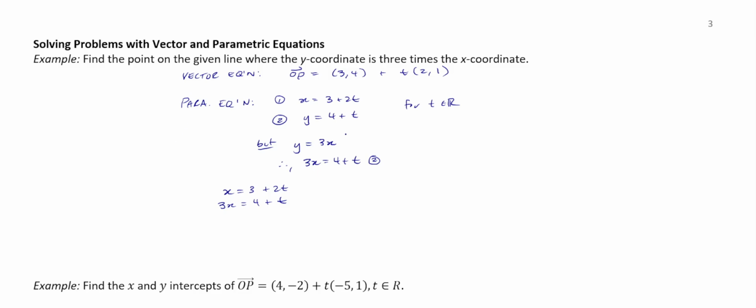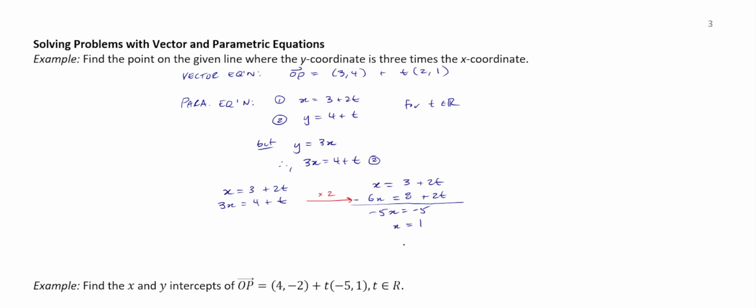What I'm going to do here is use the elimination method, if only because this is something that you might experience later if you do linear algebra, in the context of matrices. So x is equal to 3 plus 2t, and I'll say 6x is equal to 8 plus 2t. Now I'll subtract these two equations. So x minus 6x is negative 5x, 3 minus 8 is negative 5, and 2t minus 2t is equal to 0. So then x is equal to